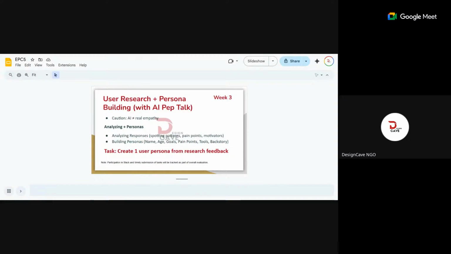So now we are going to use AI for our survey analysis, like I said. You can always export your responses as a sheet and upload it to ChatGPT to get things started.